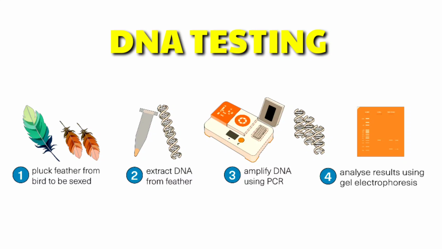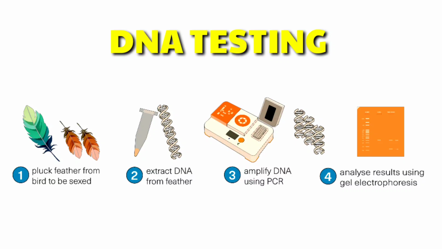Alternatively, the laboratory may also be able to provide a kit for collecting feather or saliva samples. Once you have collected the DNA samples, follow the laboratory's instructions for packaging and shipping them. Make sure to label the samples clearly and include any necessary paperwork or payment. The laboratory will analyze the DNA samples and provide you with the gender of each lovebird. Depending on the laboratory and the type of test used, results may take anywhere from a few days to a few weeks.